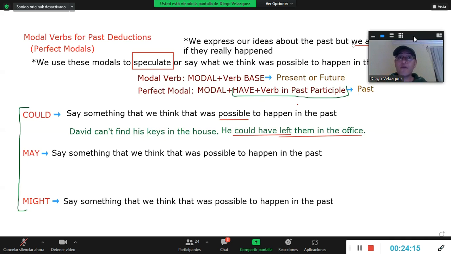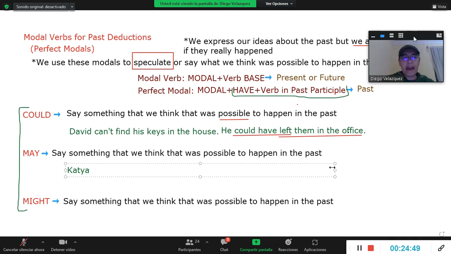Okay, kids. Practically, we can do exactly the same situation also with the modal may or might to speak of something we think was possible in the past. Let's create a different example so you can have more references to the topic. Now I'm going to choose a woman for this. Katia is my person for this sentence. Okay, Katia